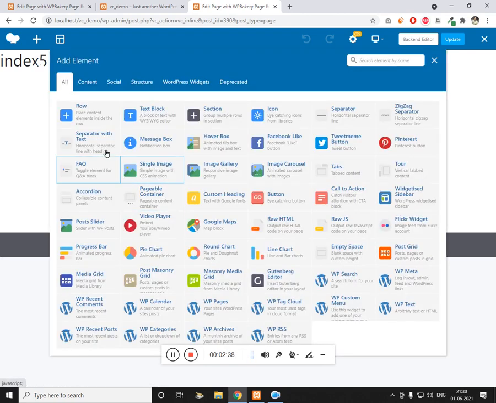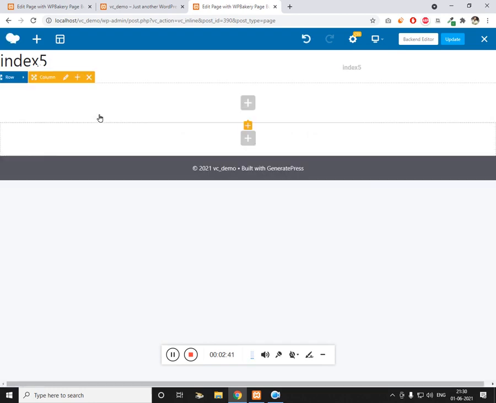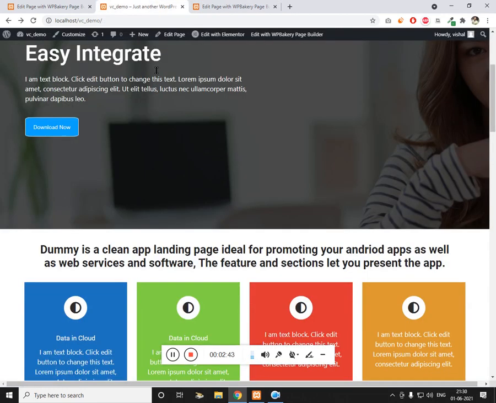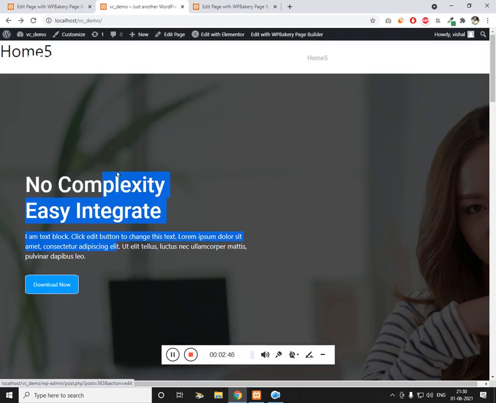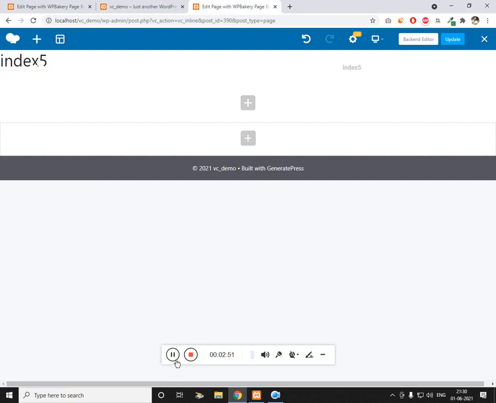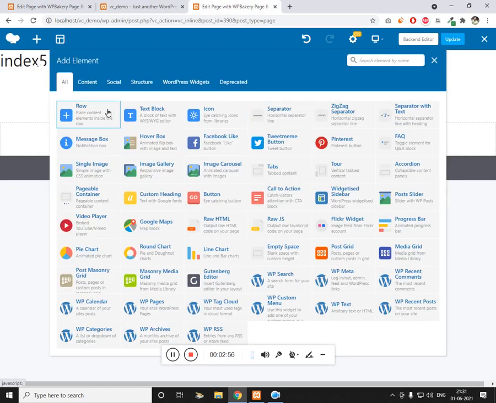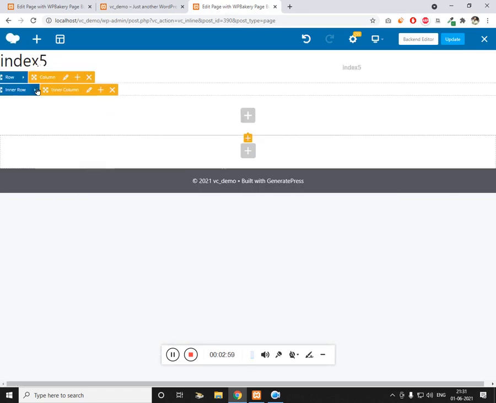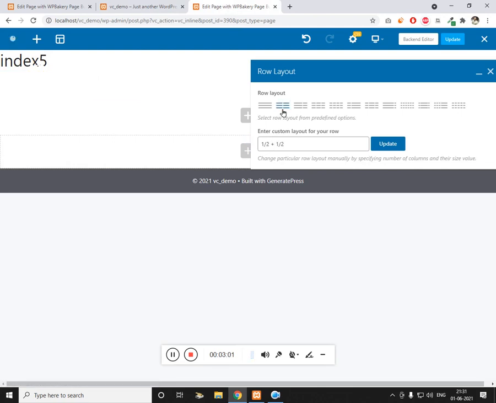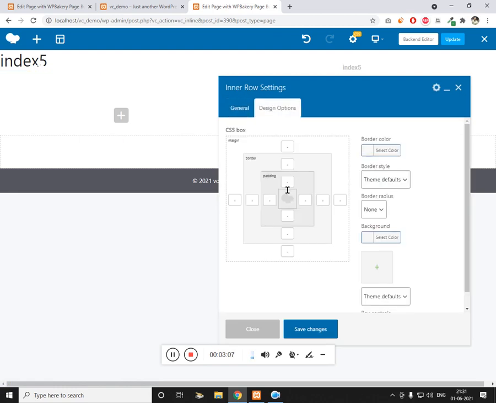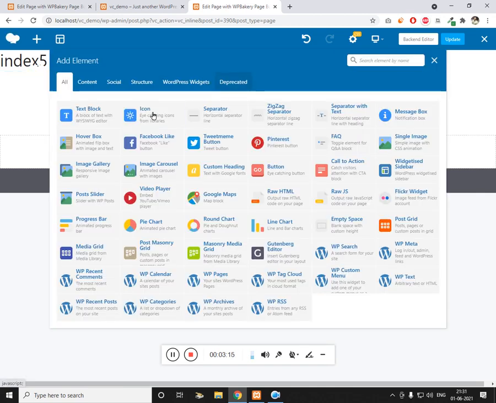So we need an element and we need a row, and inside the row we have 2 headings and 1 download button. Let me create that. Let's add a column row again. This is known as an inner row. This is going to be 2 columns, and in the meantime let's edit the column so that we get the margin on the left hand side. Click on save.